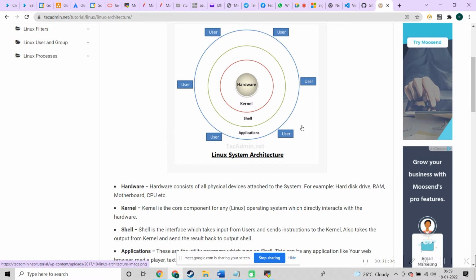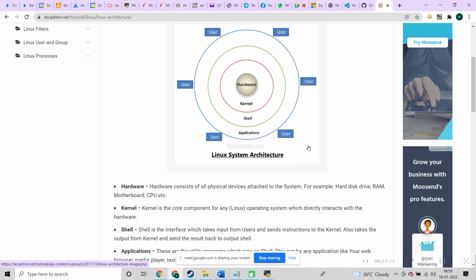To talk to the hardware, any hardware, once you install the operating system on top of it, the kernel will be the interface. That will be interacting with the hardware, because you cannot interact without software or some interface, right? So for that the kernel is there, and then on top of that the shell, and then applications. That means to communicate with the hardware, these three things will be there. Yeah, so these three things are part of your Linux system: kernel, shell, applications.